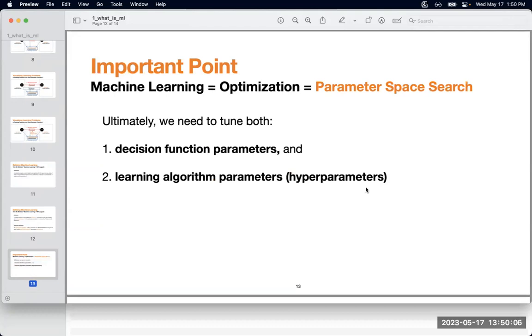We mentioned that the machine learning model can be thought of in the framework of optimization, right? If we want to optimize, this means that we want to find the set of optimal values for our parameters. So this can be thought of as exploring or navigating a parameter space. So we can also define that process as a parameter space search.